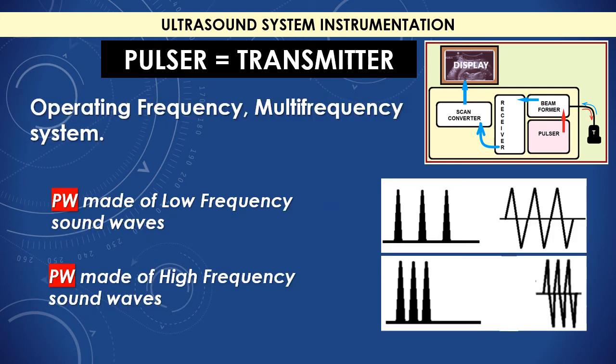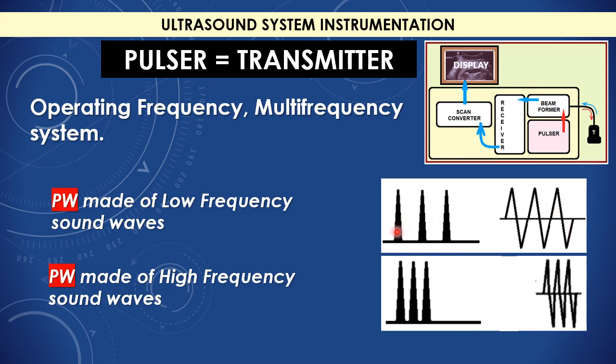Let's have an example here. This is a diagrammatic, I just made it to make it easier for us to understand. So this is the pulse wave. Here I have the pulsar sending 3 spikes with a certain frequency, and this will excite the PZT to deliver 3 ultrasound waves with the same frequency delivered